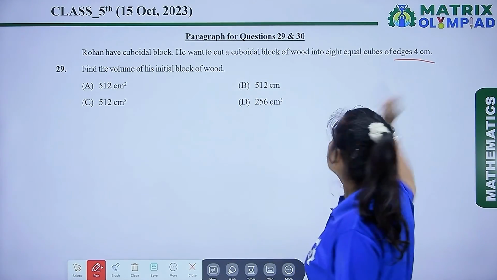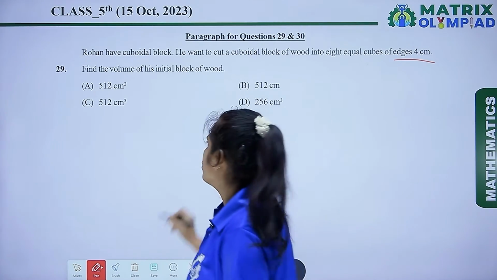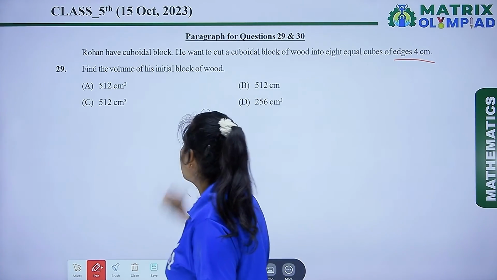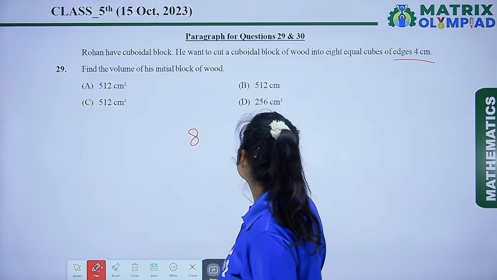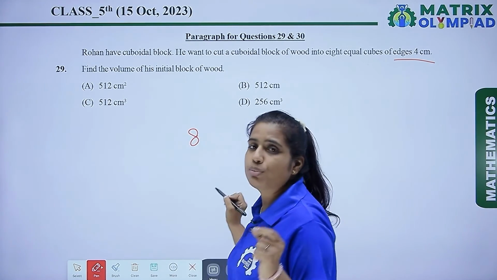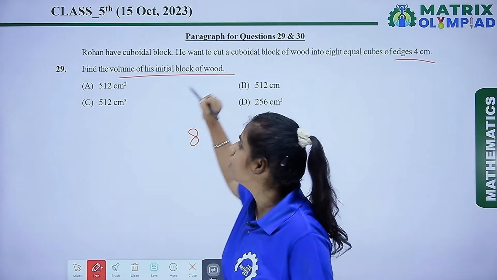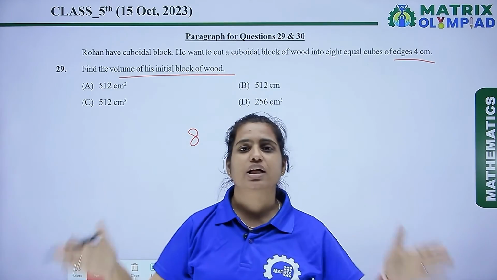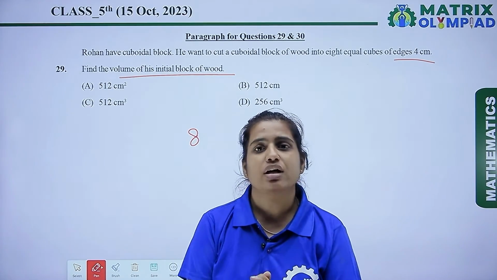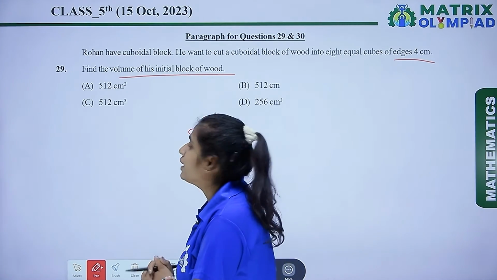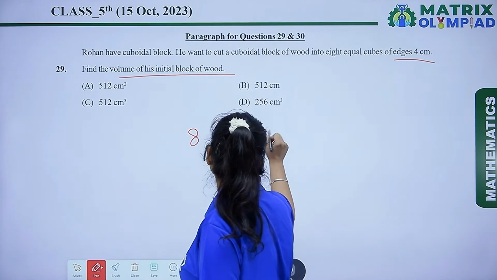इनकी एजेस है 4 सेंटीमीटर। तो 4 सेंटीमीटर एज है एक क्यूब की। सो हियर रोहन 8 इक्वल पार्ट्स के अंदर ब्लॉक को कट करना चाह रहा है जिसमें एज उसने बताई है एक क्यूब की 4 सेंटीमीटर। हमें फाइंड आउट क्या करना है? फाइंड द वॉल्यूम ऑफ हिज इनिशियल ब्लॉक ऑफ वुड। इनिशियल मींस जो स्टार्टिंग के अंदर उसके पास जो पूरा क्यूबॉइडल ब्लॉक है उसका हमें क्या फाइंड आउट करना है? वॉल्यूम फाइंड आउट करना है। तो हम पहले फाइंड आउट करेंगे वॉल्यूम ऑफ अ सिंगल क्यूब। तो सिंगल क्यूब आपके पास है